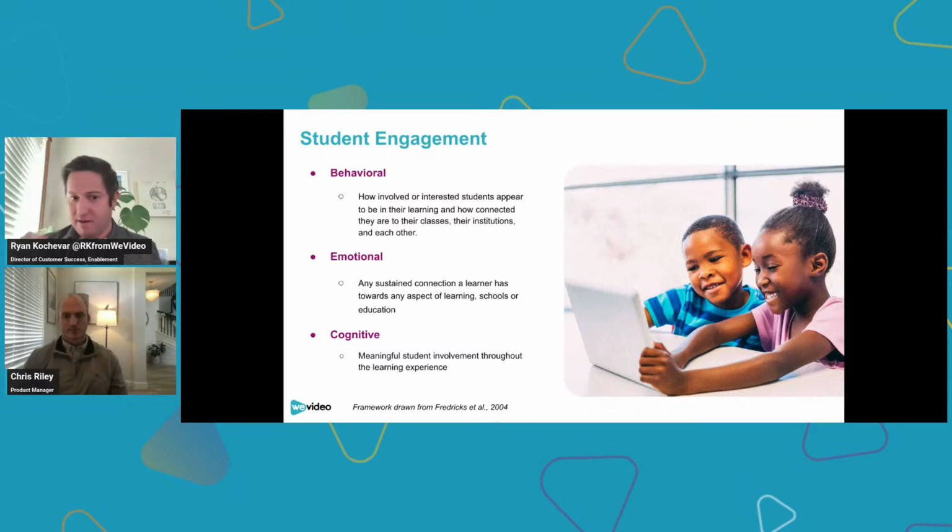So the way that Fredricks and others have defined behavioral engagement is about students observing community norms and participating in activities, and really looks at how involved or interested students appear to be in their learning that's connected to their classes, that's connected to their schools or each other. Emotional engagement looks at student feelings of interest, boredom, happiness, sadness, anxiety, all of the emotions that can bubble up to the surface when students are in school